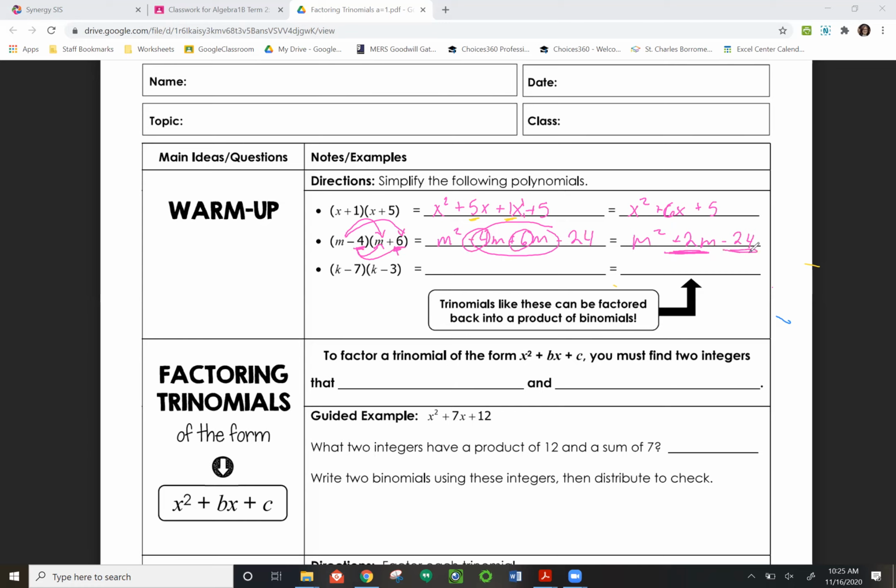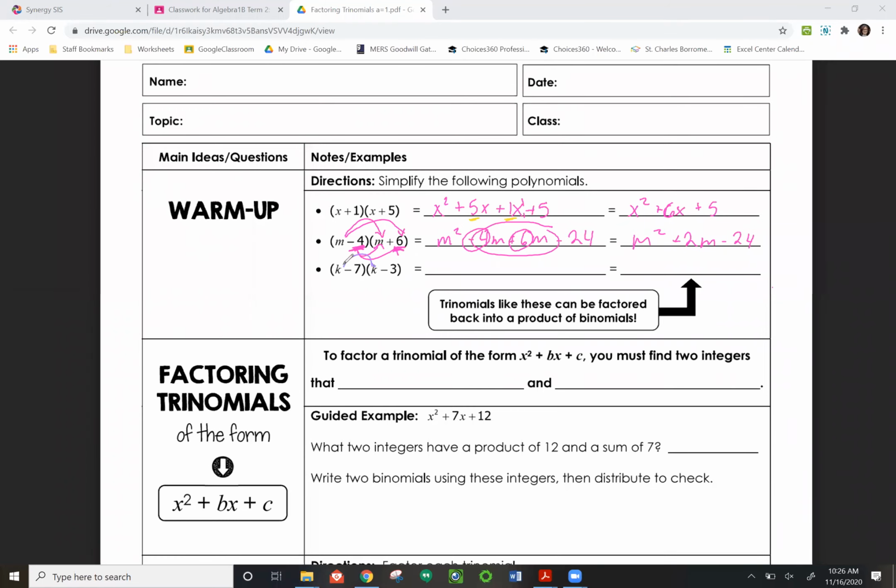Where did we get the negative 24? From multiplying the negative 4 and the 6. So whenever I give you a simplified expression like this, how are we going to be able to go backwards? We're going to be able to use those ideas that, hey, my two constants have to multiply together to get that one, and they have to add together to get that one. And so, like I said, let's just work some examples out. It's a little bit more confusing, just explaining without seeing it. And then our very last one,